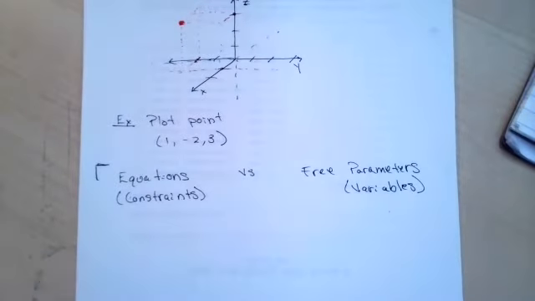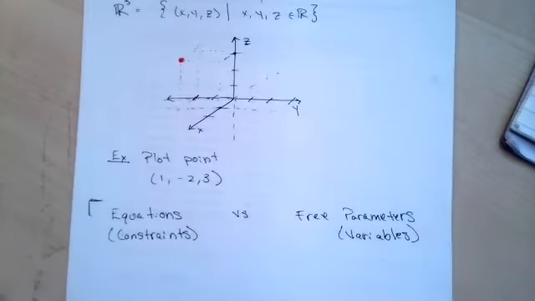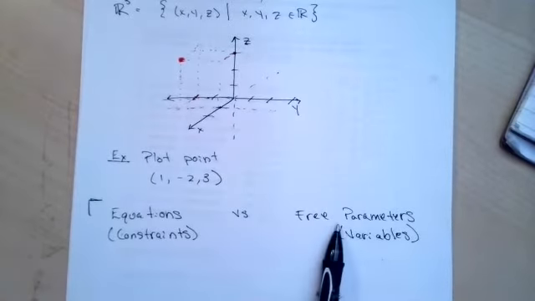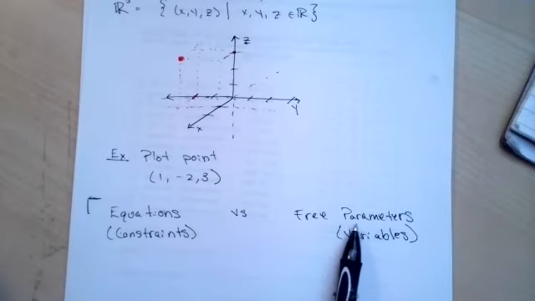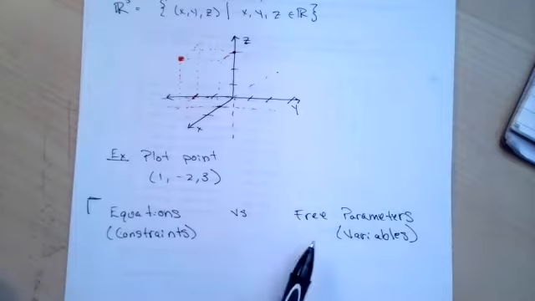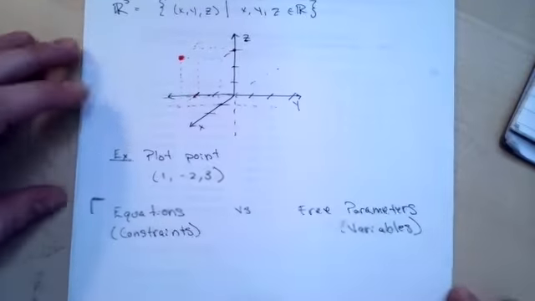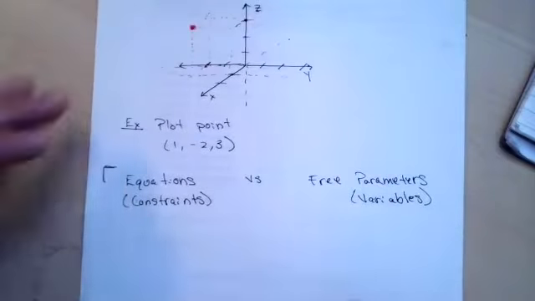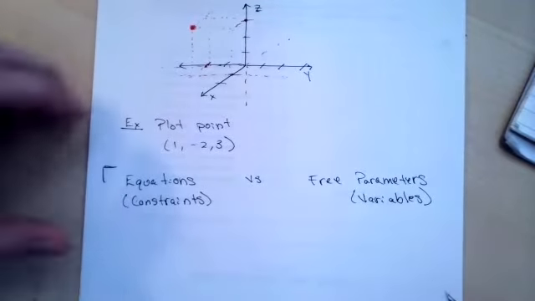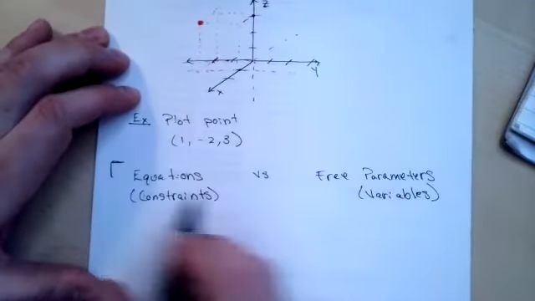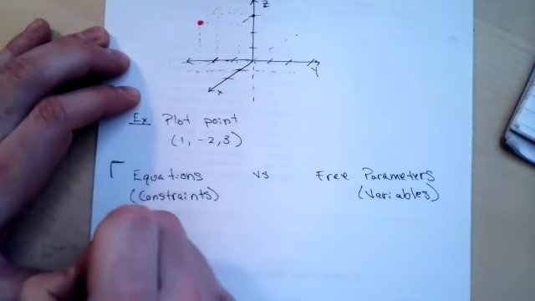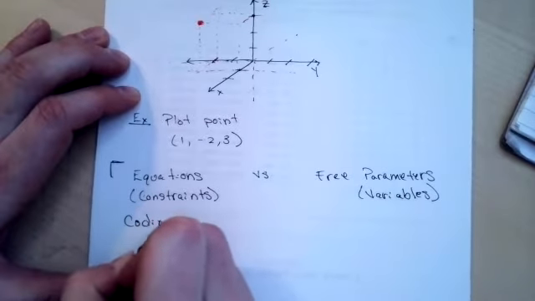So you ended with Calc 2. Some of the last concepts you talk about in Calc 2 are polar plots as well as parametric plots. And with parametric equations, you typically have one free variable or one free parameter, and then you can parameterize various curves. These notions are going to be used sort of intertwined in Calc 3, or we're going to be going back and forth between both of these types of concepts. And one way that you can think about this is that equations are going to define what's called the codimension,